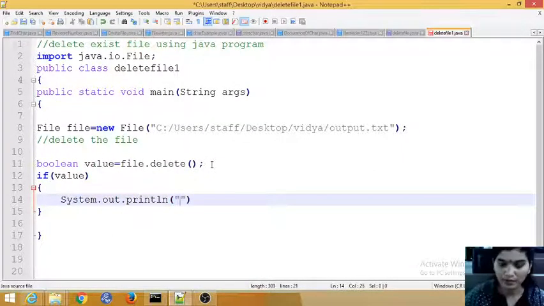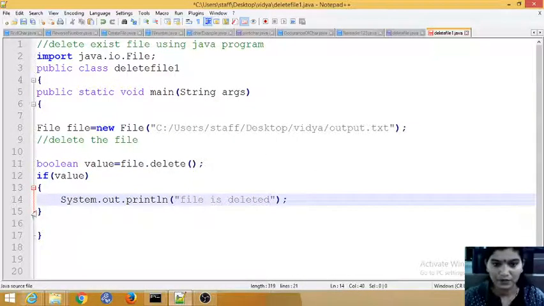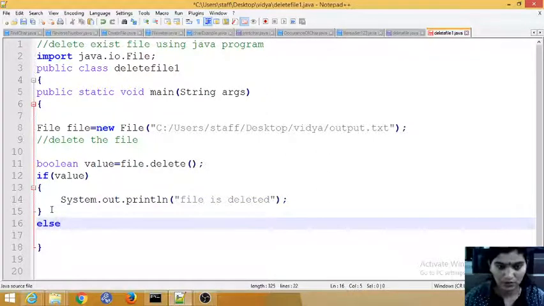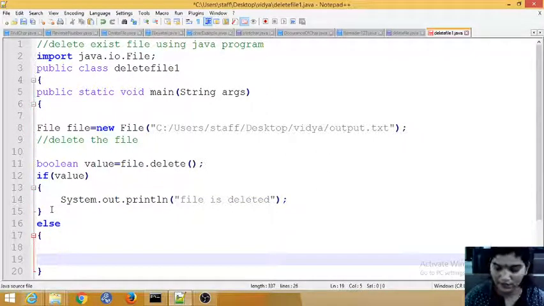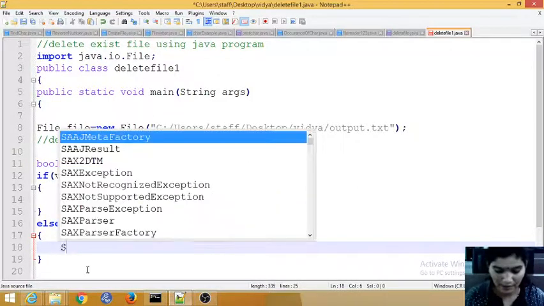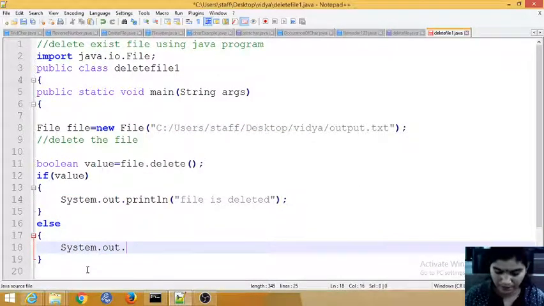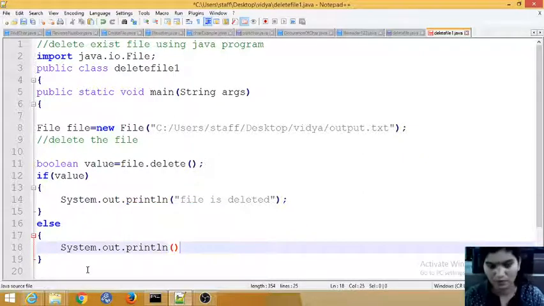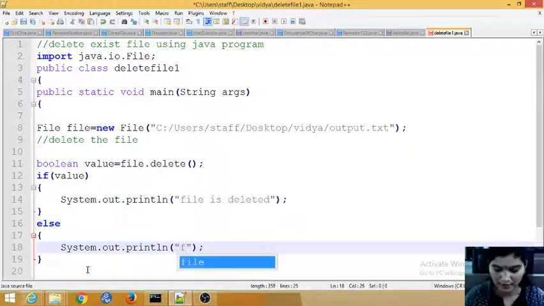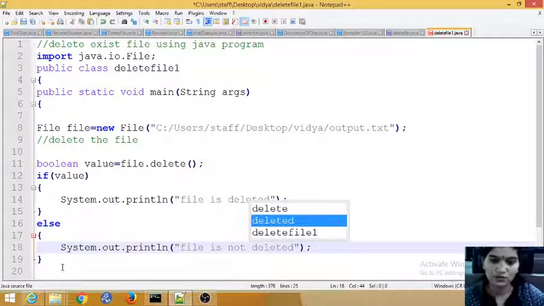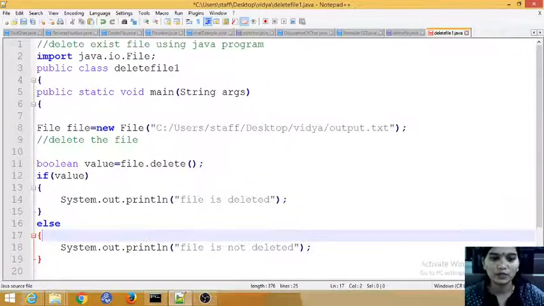What message are you going to display? File is deleted. Else, if it is not true, then the file is not deleted, so you are going to display a message: File is not deleted. So this is how you write the program for deleting the file.